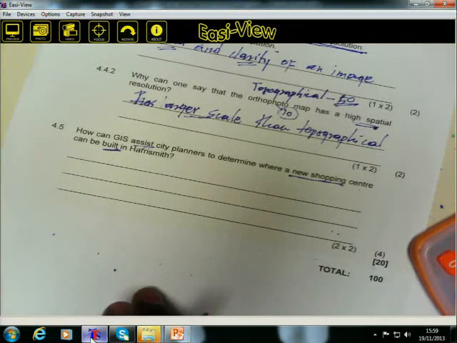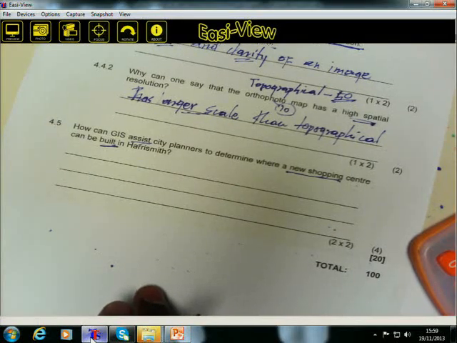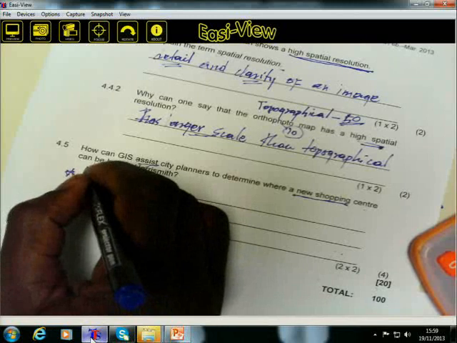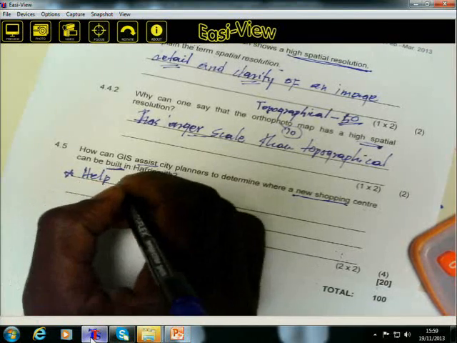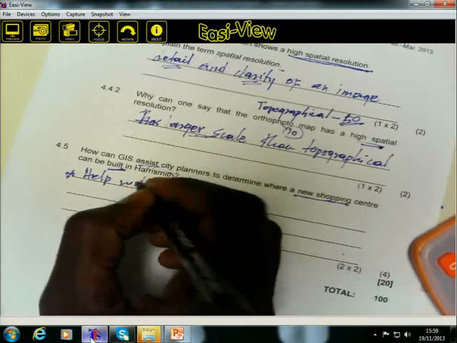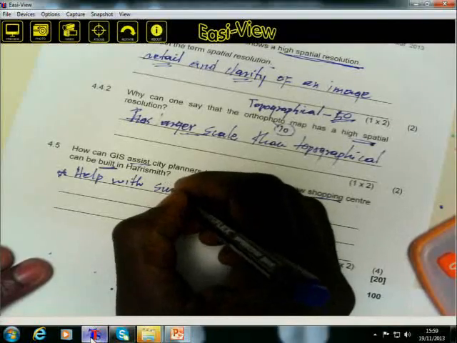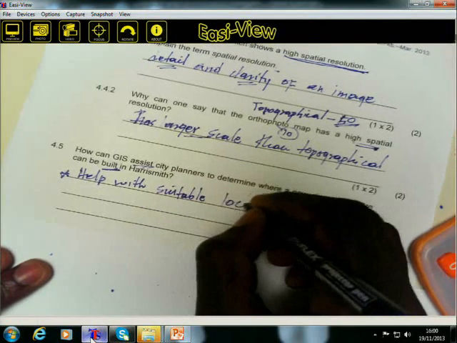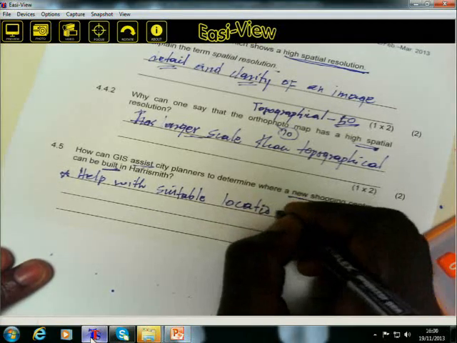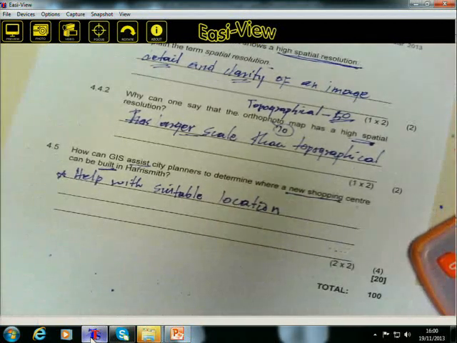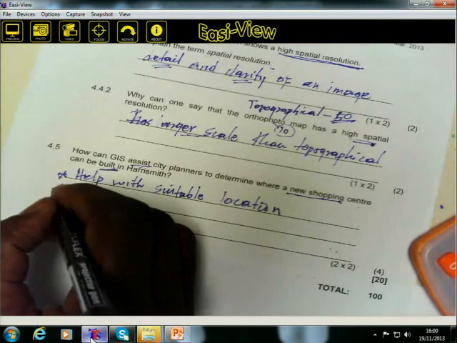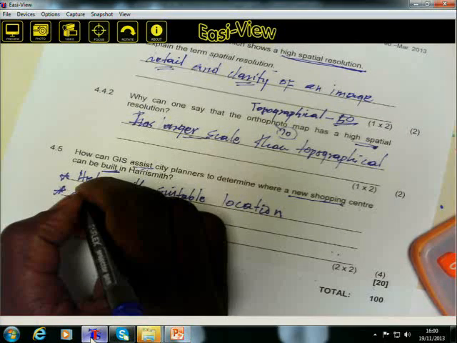Now, GIS can help because it can, number one, help with suitable location. This reminds me of another question that comes to my mind of the past papers. The second part, how can GIS help? It can determine